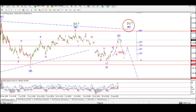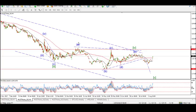Now we had a sharp move up. I was expecting a little pop today, but we got a slightly higher move than I expected, which does raise the possibility that we have a larger 3-wave pattern to an extended wave E to complete wave 4. So right now we have wave E at the recent high. That's the wave E of a triangle at the recent high. So here's our triangle, A, B, C, D, and E. We could still call this wave E as an extended pattern, which would probably